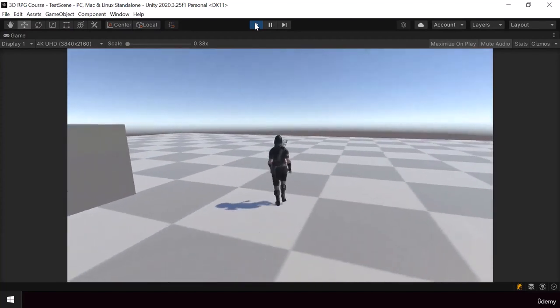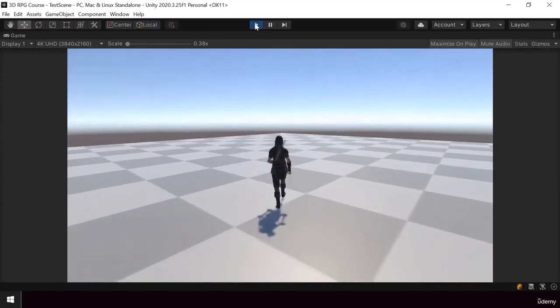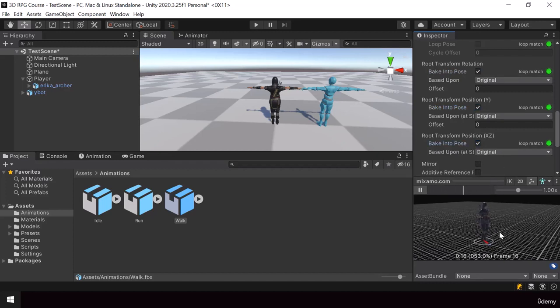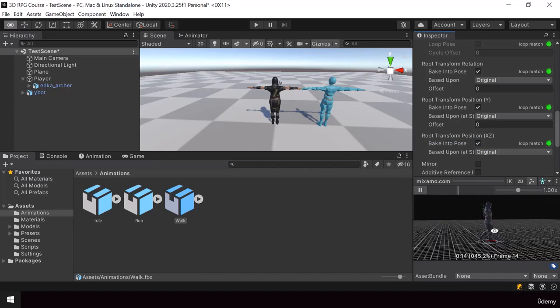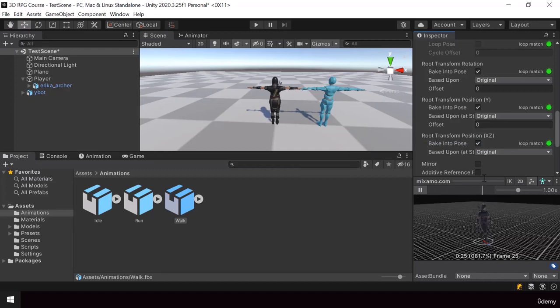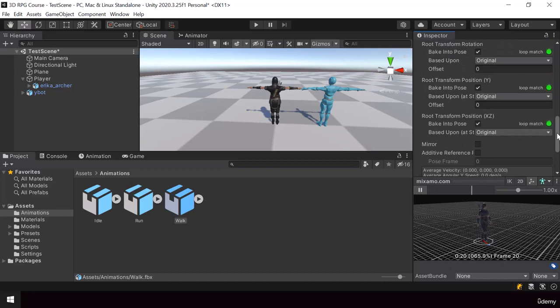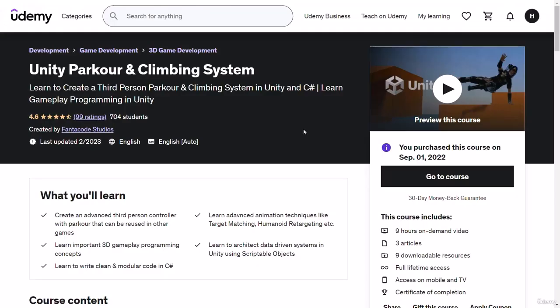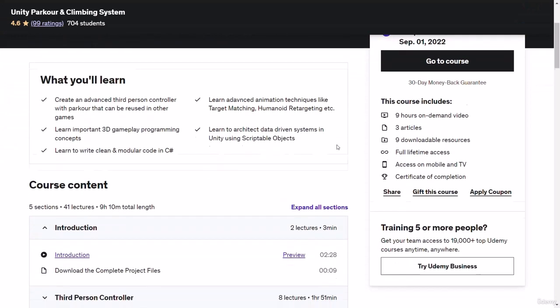but I highly recommend you to watch this because in this section, I'll be explaining some important concepts like root transforms of the animation and how to set up the root motion of the animation and all that. So I recommend you give this section a quick watch, even if you are familiar with building a third-person controller. And by the way, you may skip this if you have watched the third person controller section from